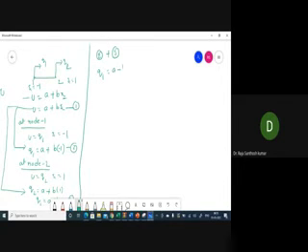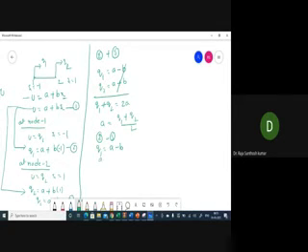minus 1. Now at node 2, u is equal to q2 and xi is equal to 1. So q2 is equal to, updating the same equation, a plus b into 1. So q2 is equal to a plus b. Now I am assuming this is equation number 1, this is equation number 2, and this is equation number 3.